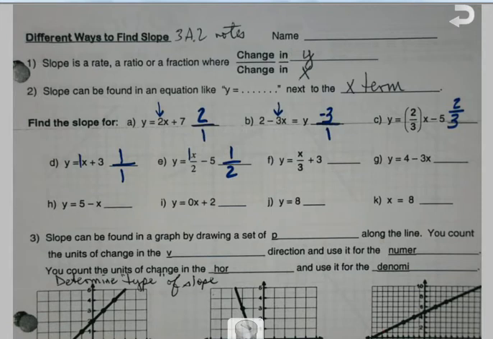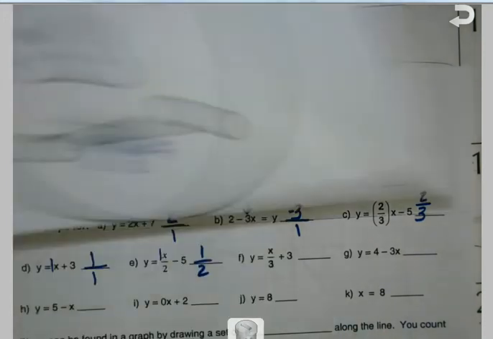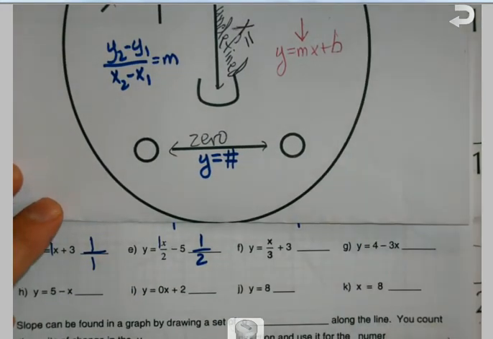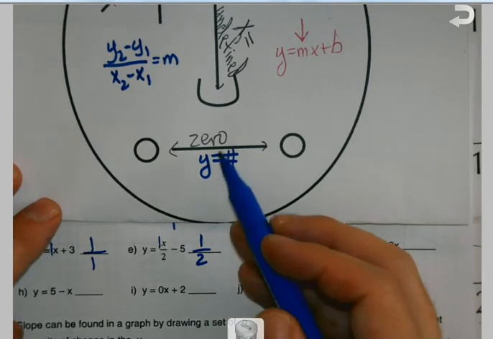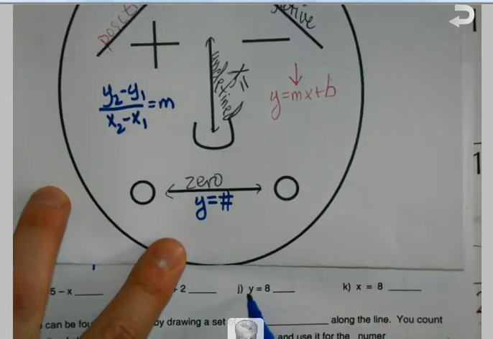Thank you. Let's roll down to J and K here. Now, we didn't talk about this exactly. I'm going to pull this down for a second, see if I can fit Mr. Slope Guy in here to help us out with this a bit. Okay, so we talked about how with Mr. Slope Guy, it's y equals a number. My slope is going to be 0. So when I see something like J, where it says y equals 8,